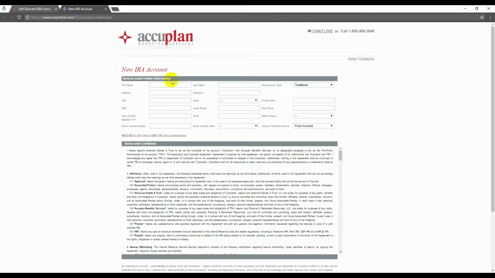First, you're going to need to fill out some information about yourself. What is your name? What type of account do you want to set up? A traditional, Roth, SEP, simple, 401k, or spousal 401k? I will just choose a traditional. Put in an address of where you live,